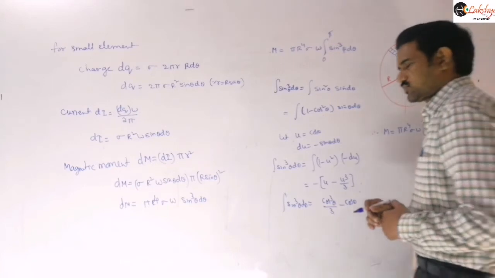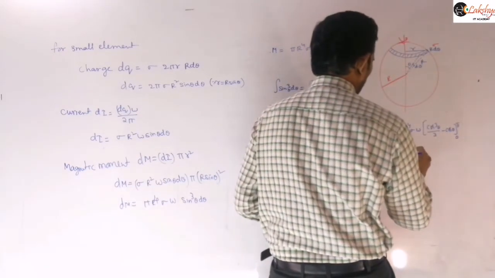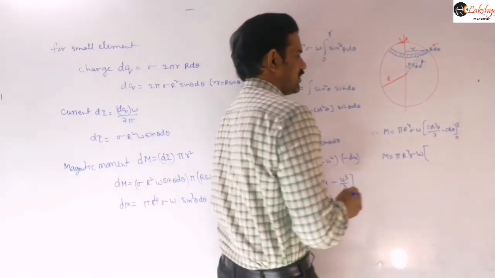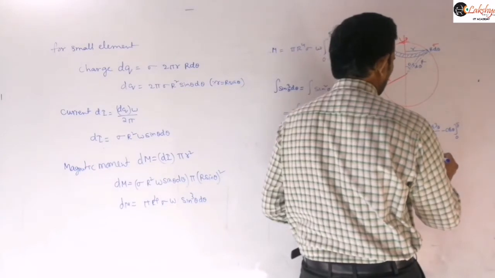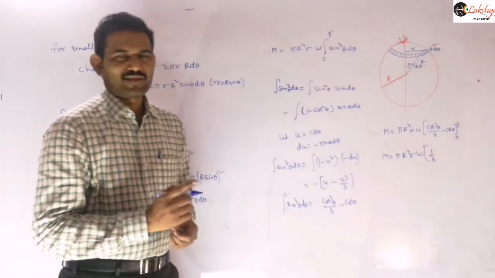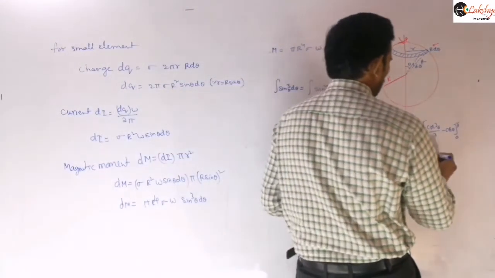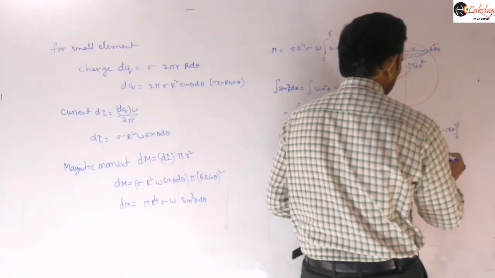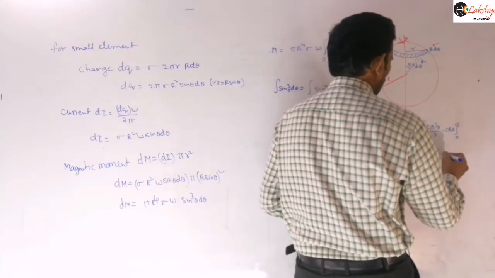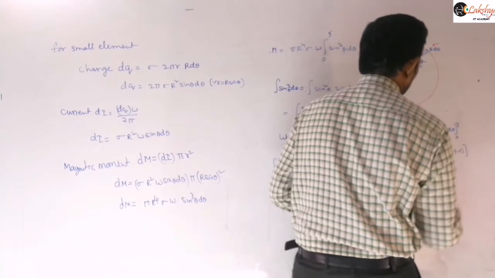pi. So therefore you can write this as pi r power 4 into sigma into omega into, and now this cos cube theta we need to write there. So cos cube theta means cos pi, if you substitute, you will get minus 1 whole cube, which means minus 1 only. So this is minus 1. And then if you substitute 0, then minus 1 you will get. So similarly this value is minus 1 and minus 1 you will get, right?